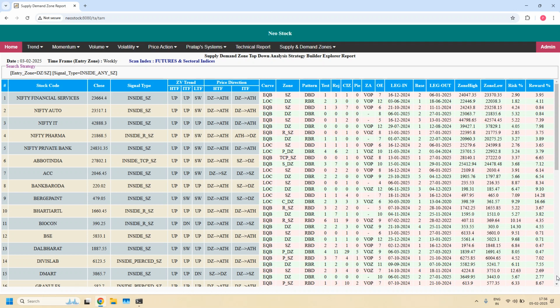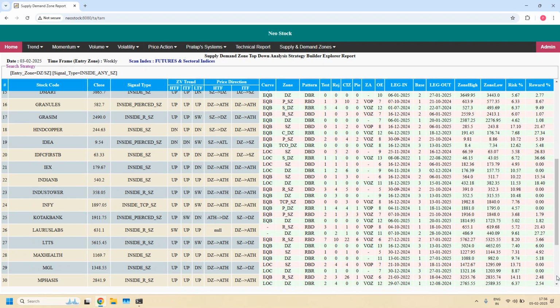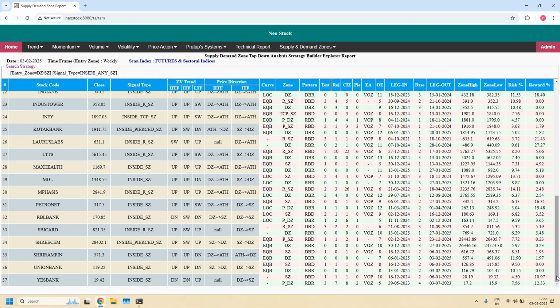I'm scrolling the list down. Okay. So total 37 stocks. We can further filter this list